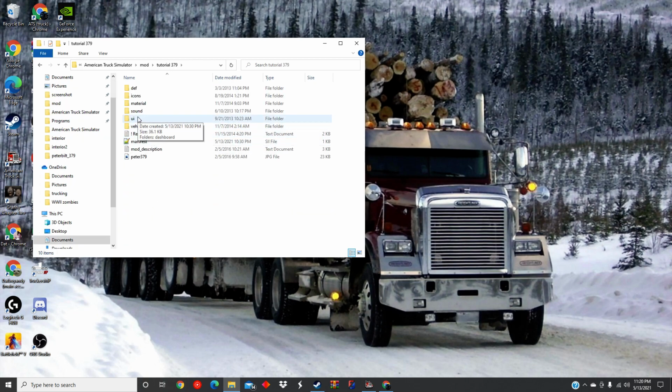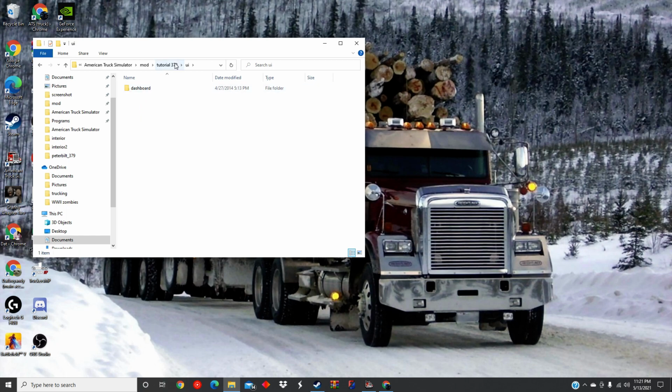So the first thing we need to do is that in some cases, when you go to click a part on the truck, and it's right off the mod site, your game will crash. That's because of the UI dashboard SI file. Basically it's what's causing those crashes. So when you delete it,